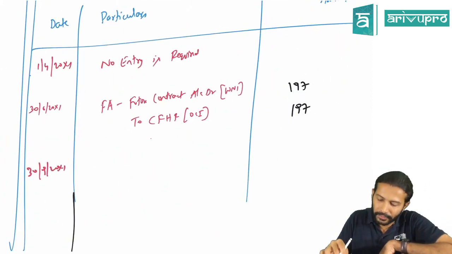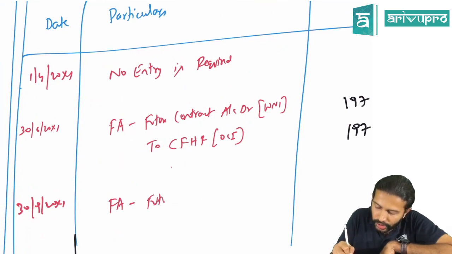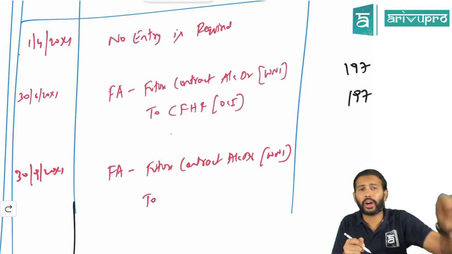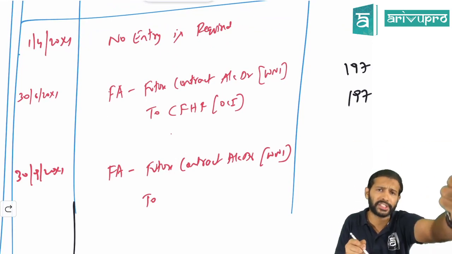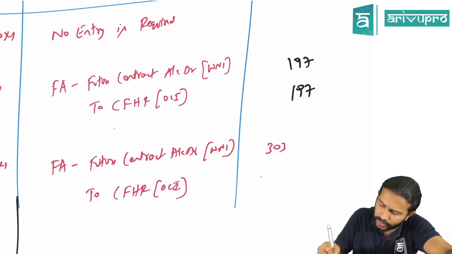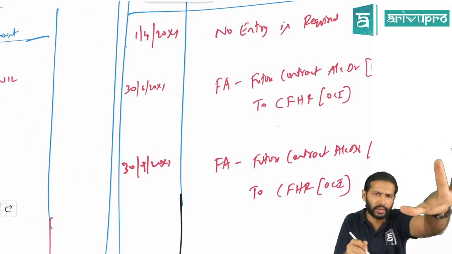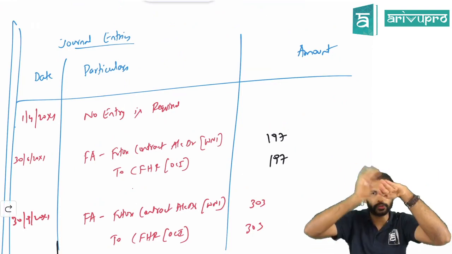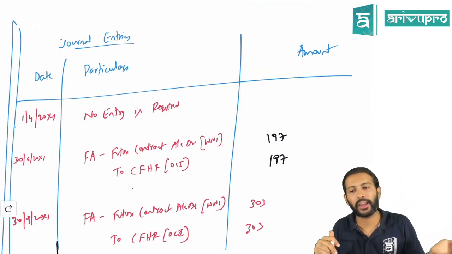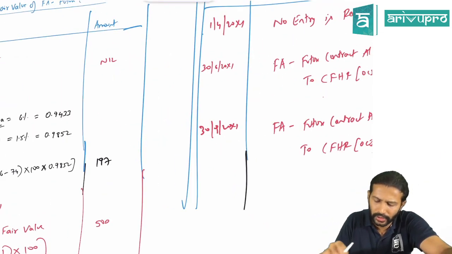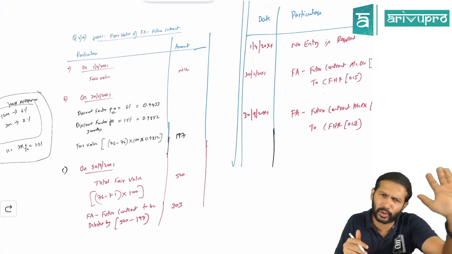So I will pass the same entry. Financial asset, future contract account debit, working note number 1. Again, though this is a derivative, you will not transfer the gain or loss to SPL because of hedge accounting. You will park it again in cash flow hedge reserve, that is OCI, 303 rupees, because the total fair value on 30th September is 500, which is my total gain by entering into this forward contract. But currently I have shown it at 197. So from 197 I have to increase it and show it at 500. So I'll pass the same entry once more for 303 rupees. That's it, over. This is one simple working note to give you that fair value gain or loss.